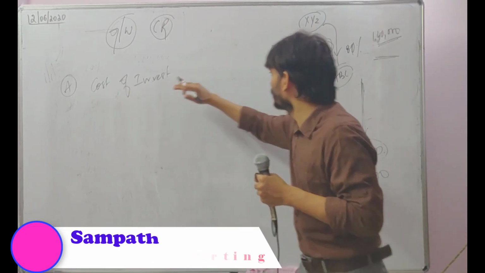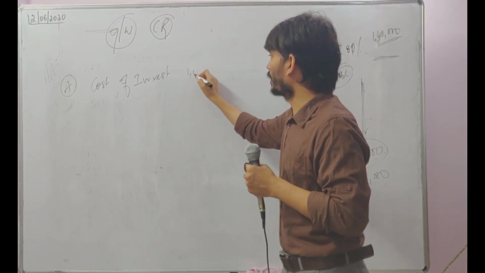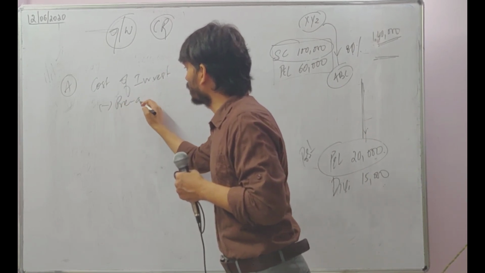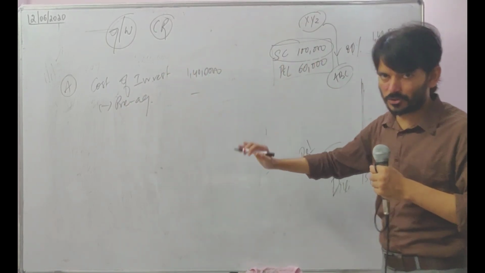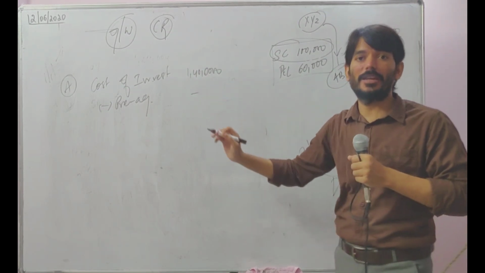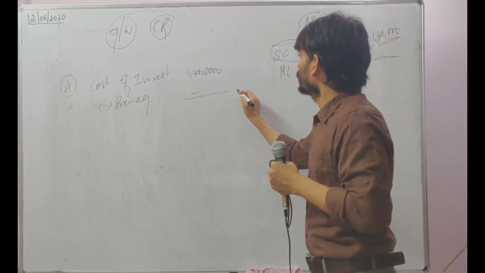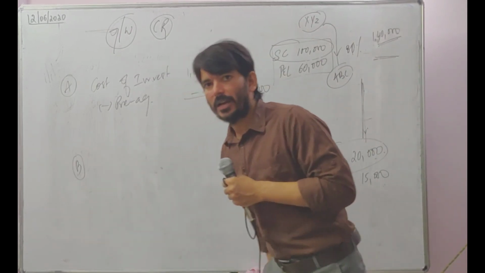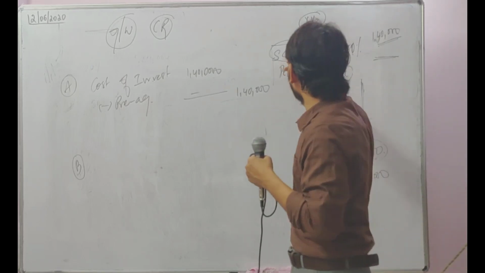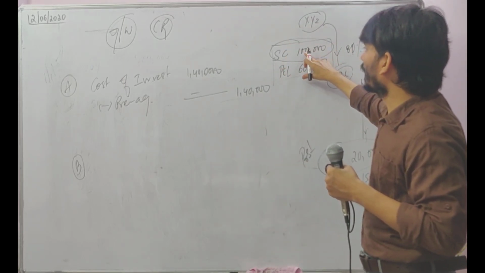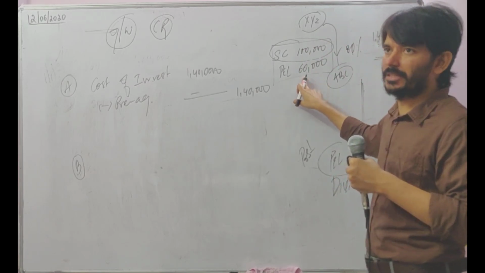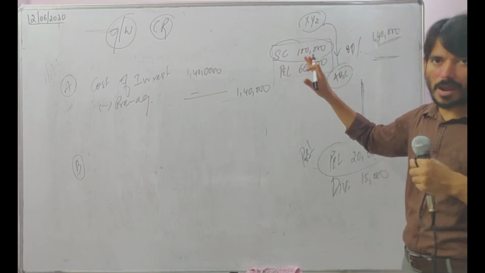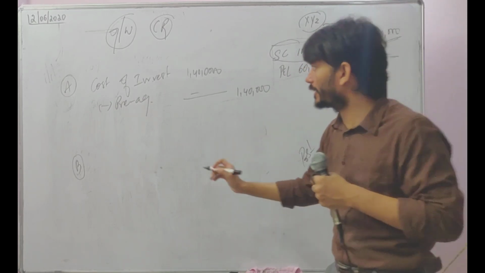Like cost of investment is 1,40,000, so we will write 1,40,000 here minus pre-acquisition dividend, if at all given in the question. In this question it is silent, but still I am writing just to make it a habit. Okay, so 1,40,000 is my cost of investment. B, what is that? Whatever I am getting, so that is nothing but combine these two. Share capital 1 lakh multiplied by 80%, P&L 60,000, because this is also a capital profit, right? P&L on the date of acquisition is always a capital profit. Combined 1,60,000 into 80%.